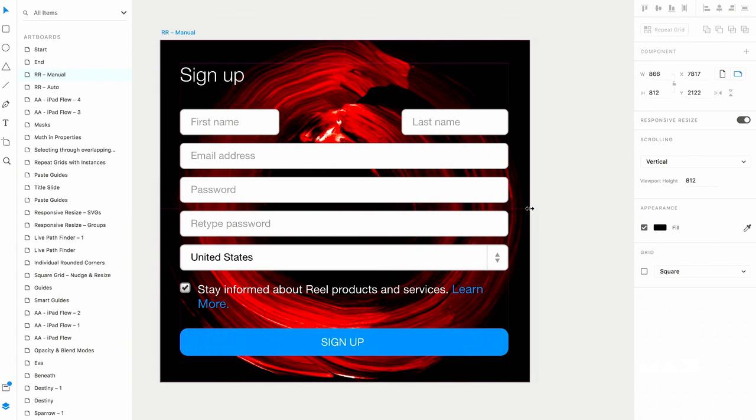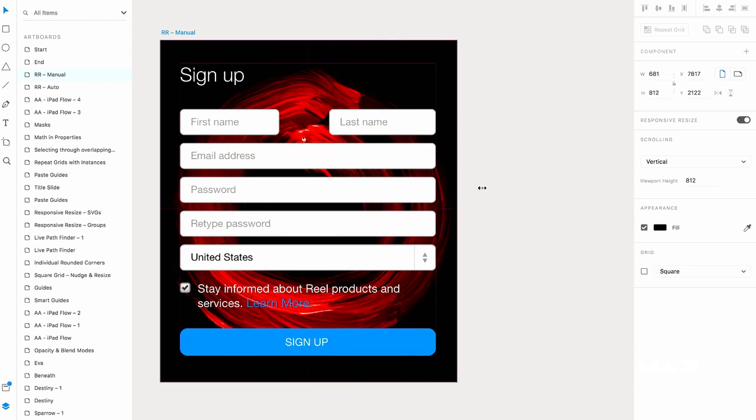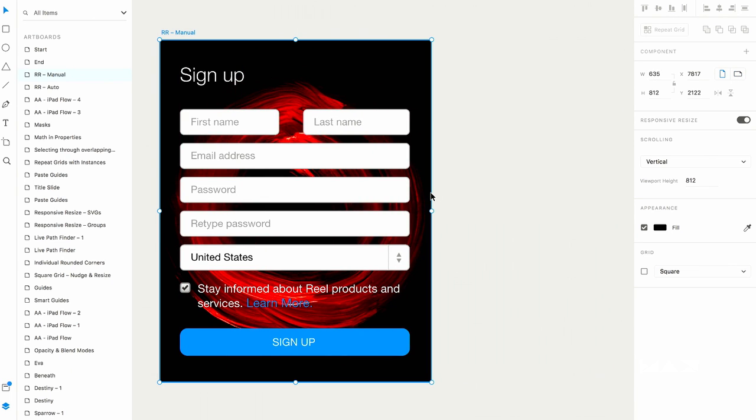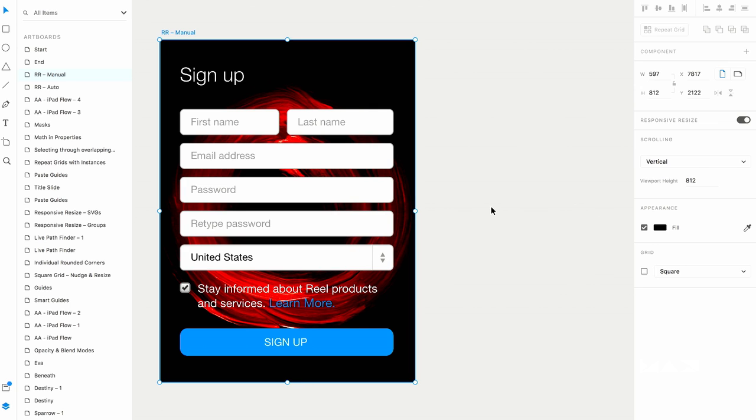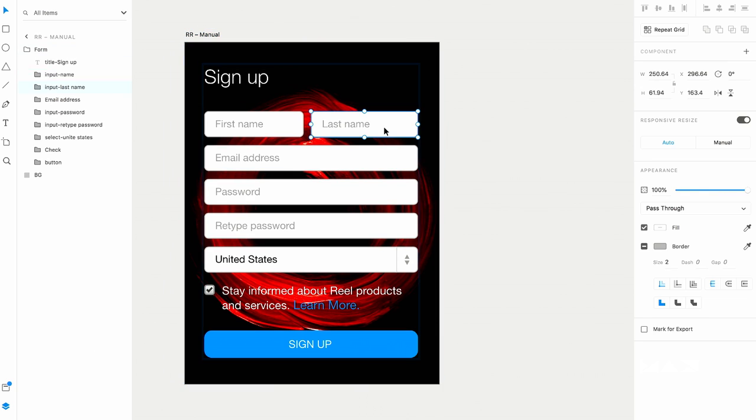They're staying a fixed size, right? They're anchored correctly, but they're not resizing like the other form fields below them, okay? So if that ends up happening, if you're just not getting the result you want, simply undo the last responsive resize motion that you did, and then double-click to dive in and select the particular object that you need to adjust. So here I've got the last name field object selected, and in responsive resize, in the properties panel,